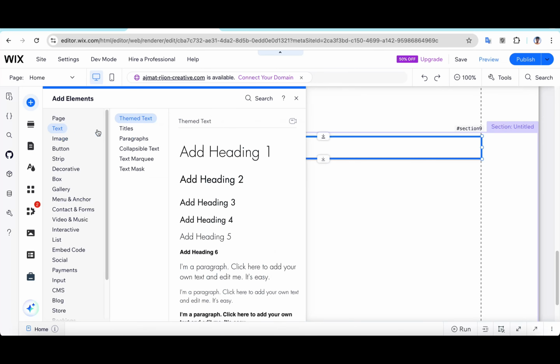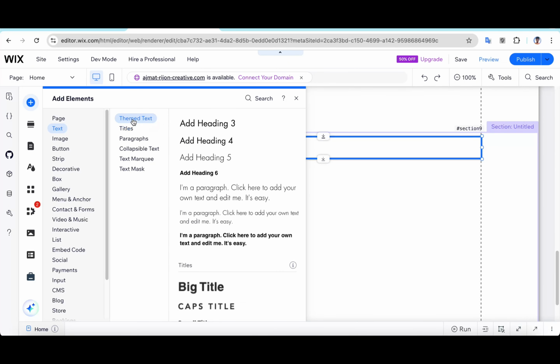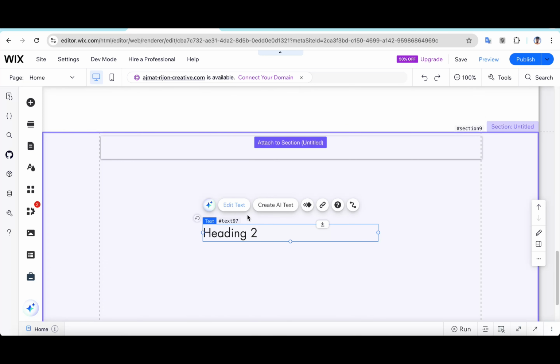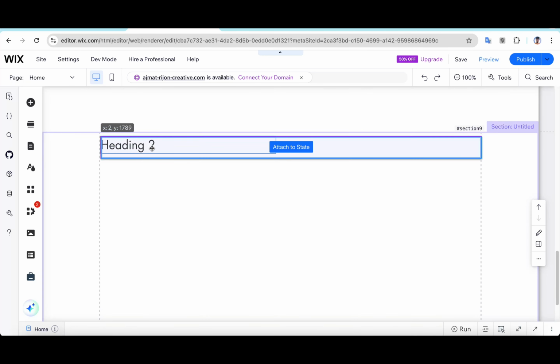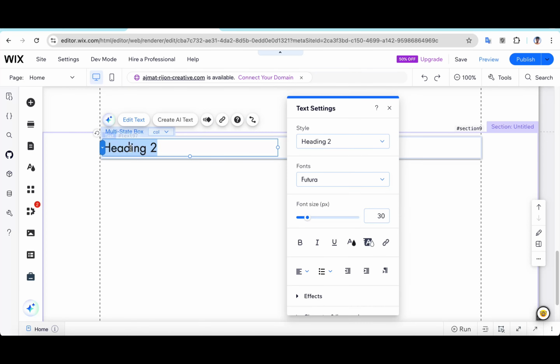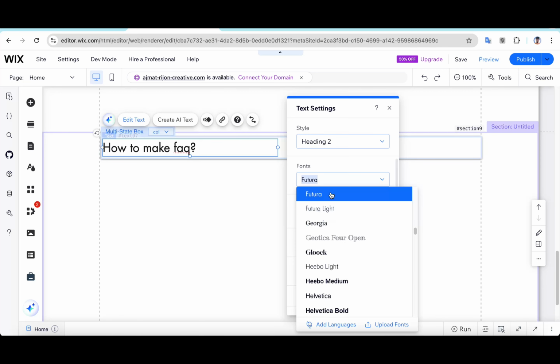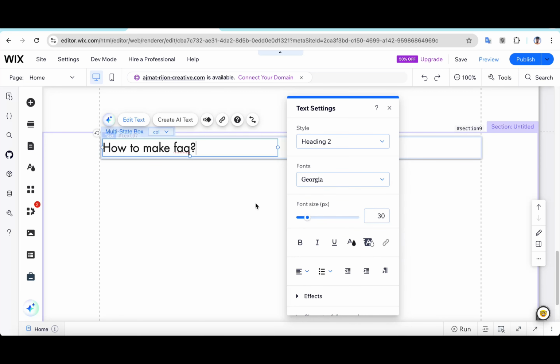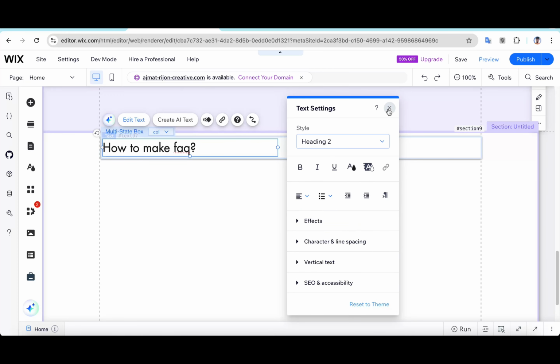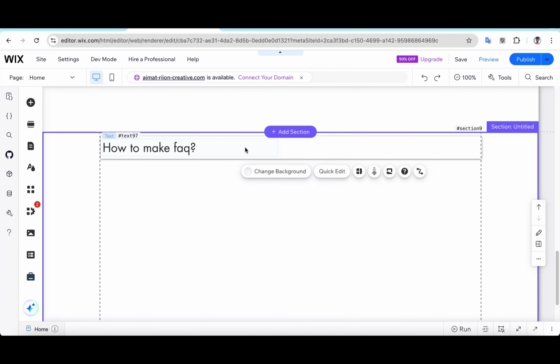Then text, add any heading or title, so I choose heading 2. Then edit your text: how to make FAQ. Okay, then you can change your font. After that, we have to add